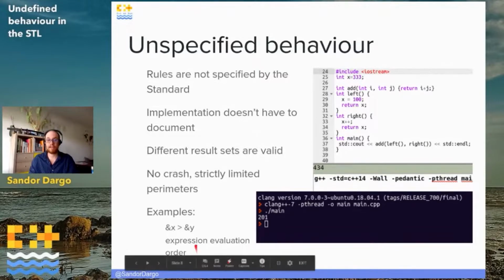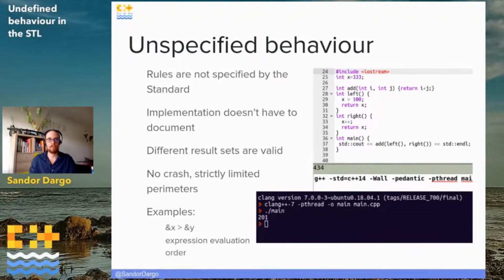You might know it, but you should not depend on it. Another example of unspecified behavior is the expression evaluation order. Now, this is something that changed a lot recently, mostly with C++17. Some things that were undefined became unspecified, some unspecified became specified, but still expression evaluation order is something that